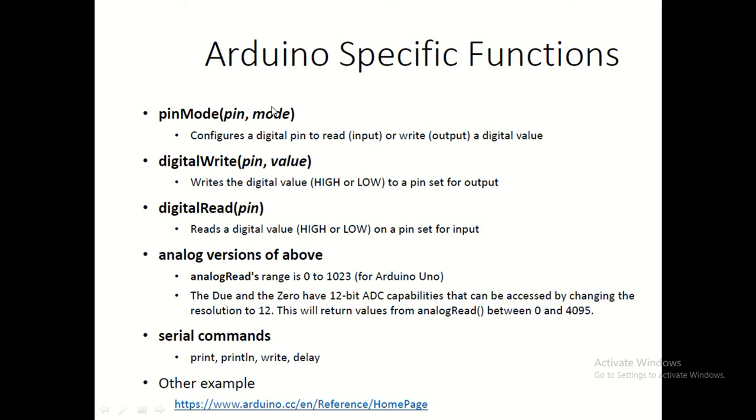But if you are connecting, let us say, a key, that is an input, so you have to say the mode is input. So you have to configure the pin of the microcontroller whether it is sending the data or reading the data. Then about the actual value, right? The value means the value which you want to send to the outside world.